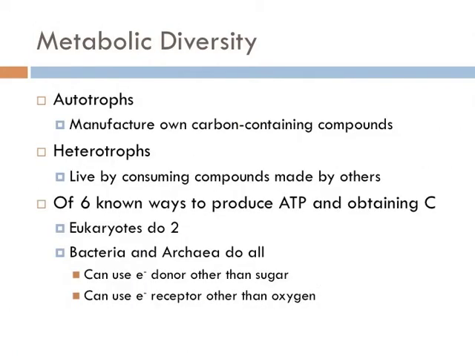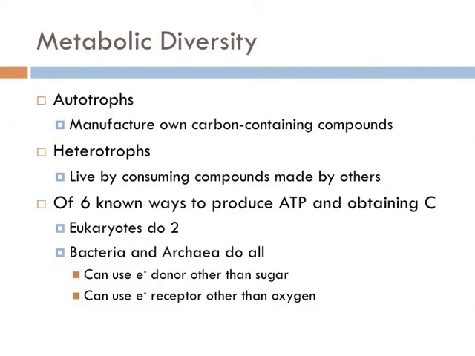Organisms that make their own food are said to be autotrophs. Let's break down that word. Auto means oneself, and troph means to nourish. So autotrophs nourish themselves. We know and love autotrophs every day. We know them as plants. Well, certain bacteria can produce their own carbon-containing compounds, usually sugars, as well and are also known as autotrophs.